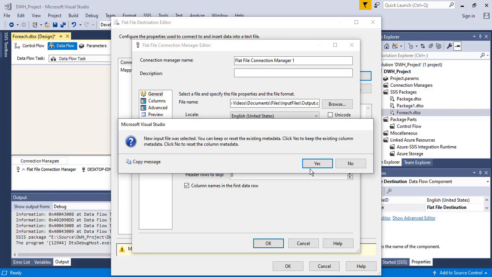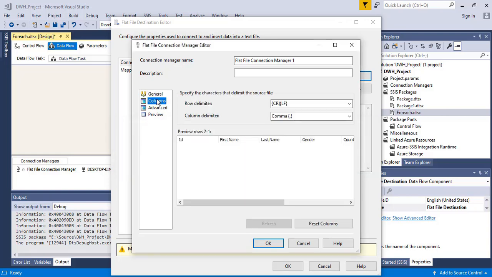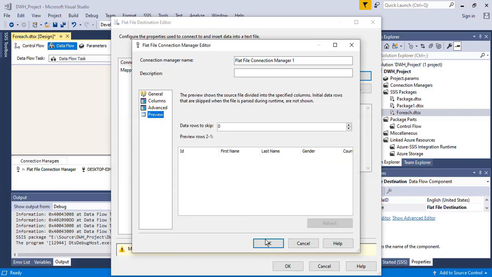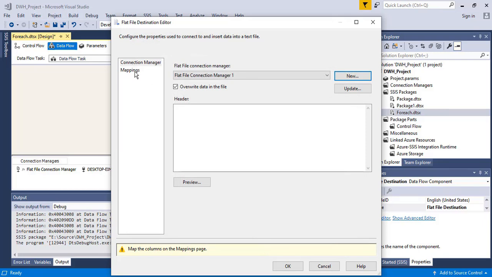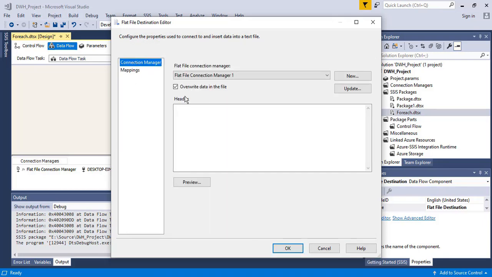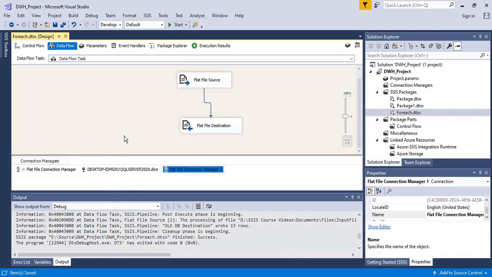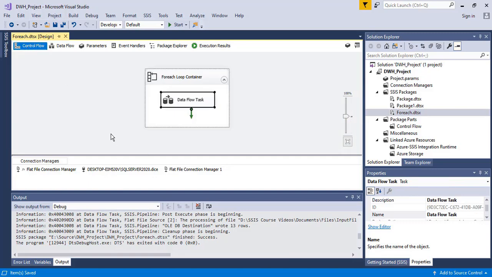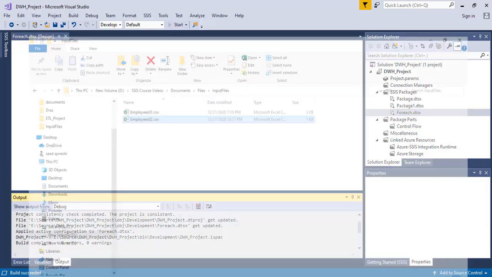Columns. Override the data in the file? No, I don't want to override the data. Click OK. Save this and execute the package.